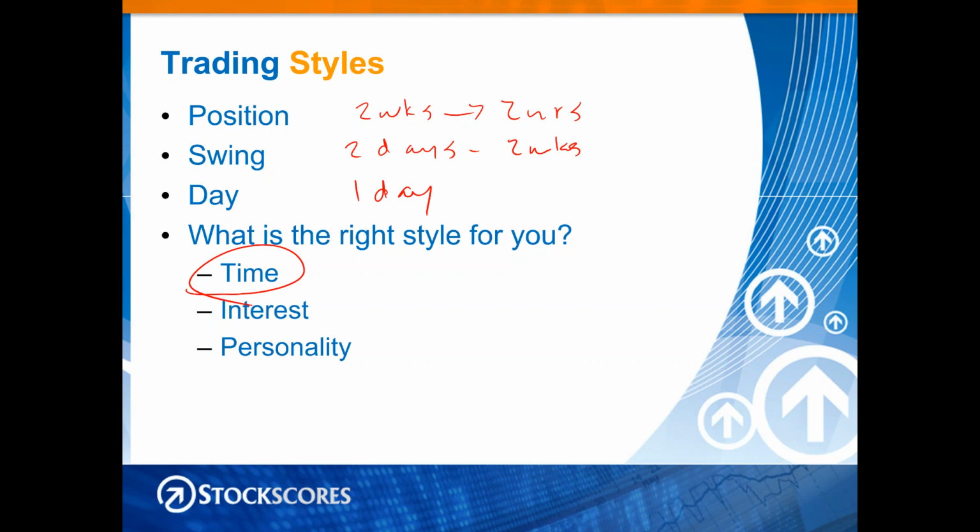Well, it depends how much time you have. Day trading is at least 2 hours a day, but ideally 3 hours a day. If you can do it all day, even better. Swing trading is about anywhere from 30 minutes to 60 minutes a day. Don't have to do it every day. Position trading is anywhere from, say, 10 minutes a day to 10 minutes a week, depending on the strategy. So the time difference is significant. You can spend 10 minutes a week doing position trading, or you can spend 6.5 hours a day day trading.